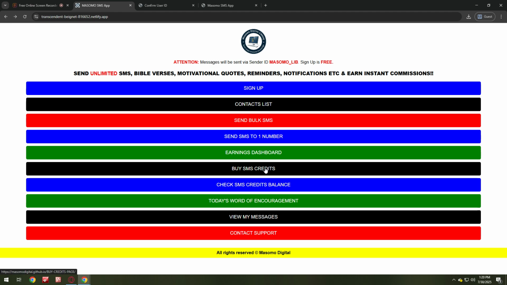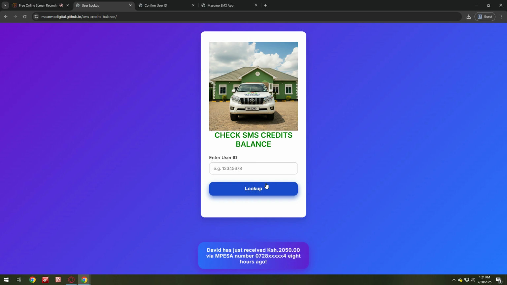Let us move to another part. Now, we have, before you send a message, you need to make sure that you have SMS credits. This is where you check your balance, your SMS credits balance. You check there like that. So how do you check? You simply come in here and you log in using